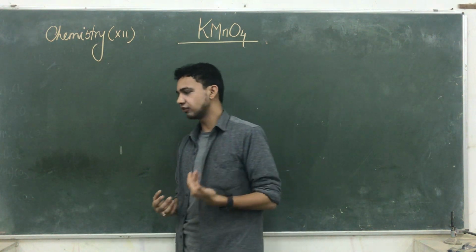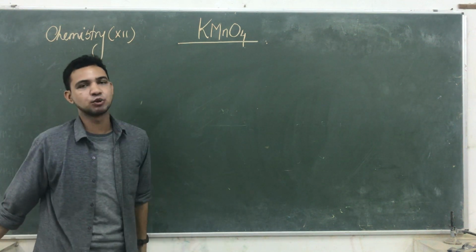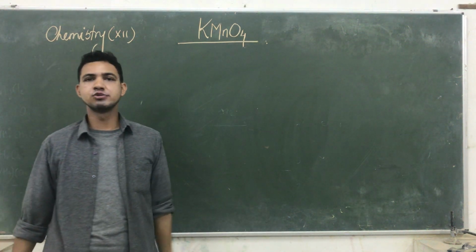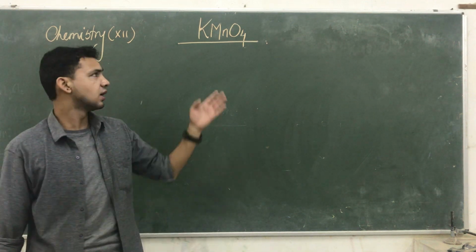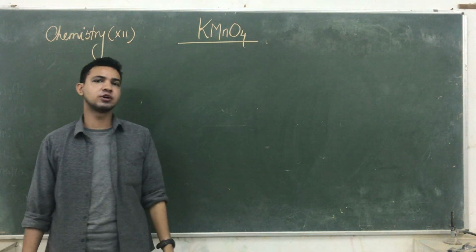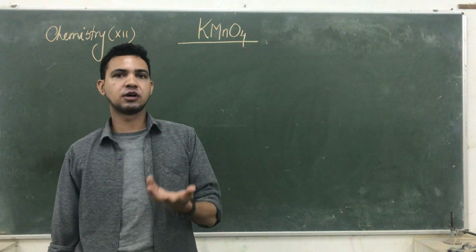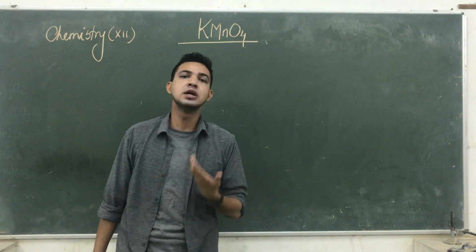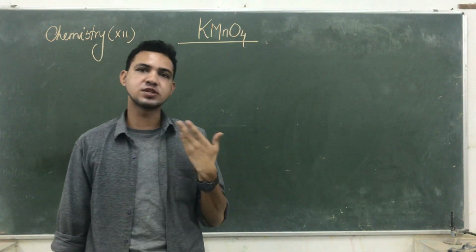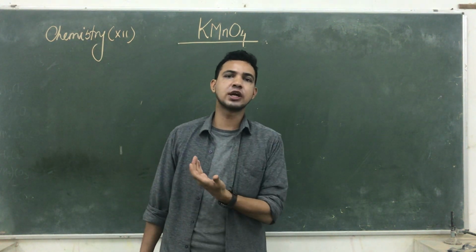Okay, so we are starting with our next topic, KMnO4, which is known as potassium permanganate. It is generally used in organic chemistry for oxidation reactions as an oxidizing agent, and you also use KMnO4 in your titration. Its color is violet. But when it comes in contact with the air, generally in solid phase, it appears greenish. So why does it look greenish?